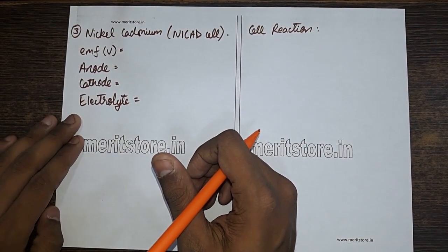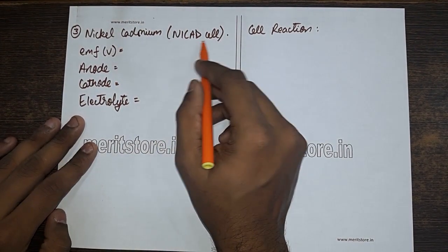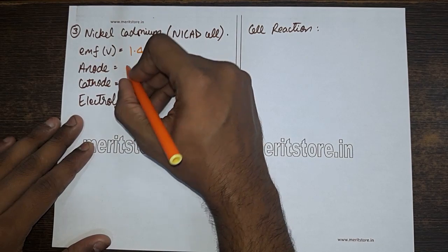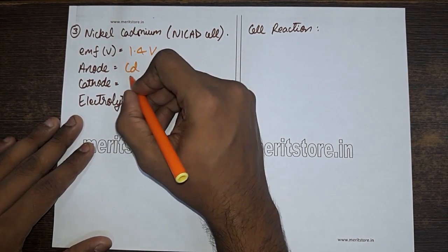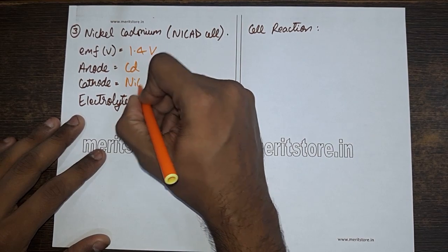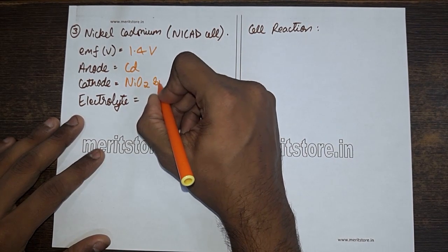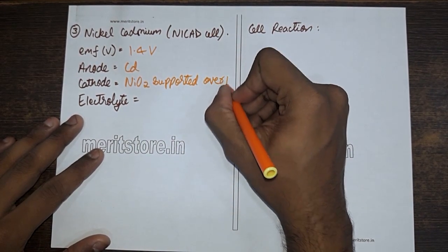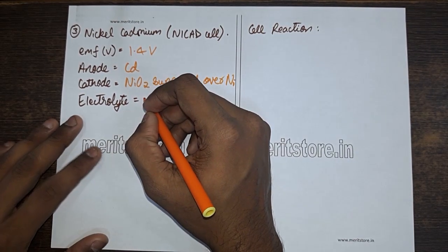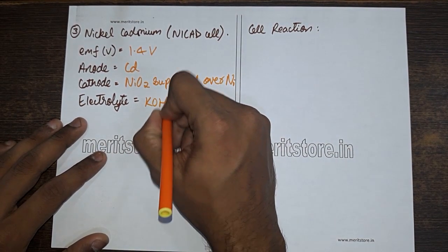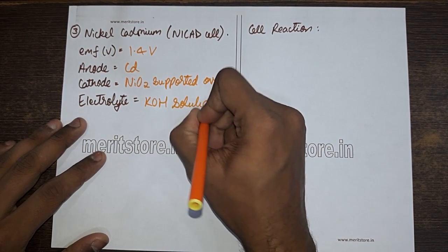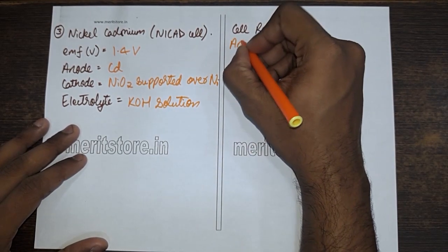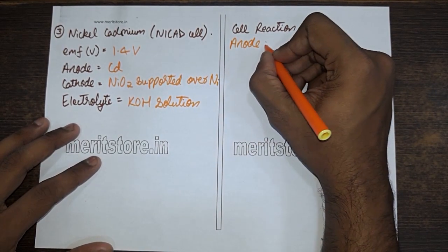Next we have nickel cadmium cell, which is also called NiCad cell. The EMF produced is 1.4 volts. For the anode we use cadmium. For the cathode we use NiO2 supported over nickel. The electrolyte used here is KOH solution. The cell reaction that happens at the anode can be given by